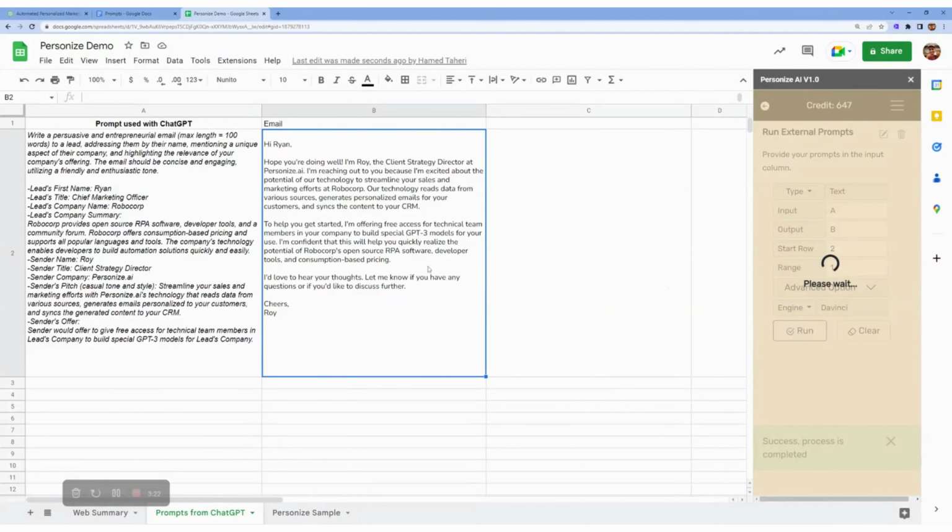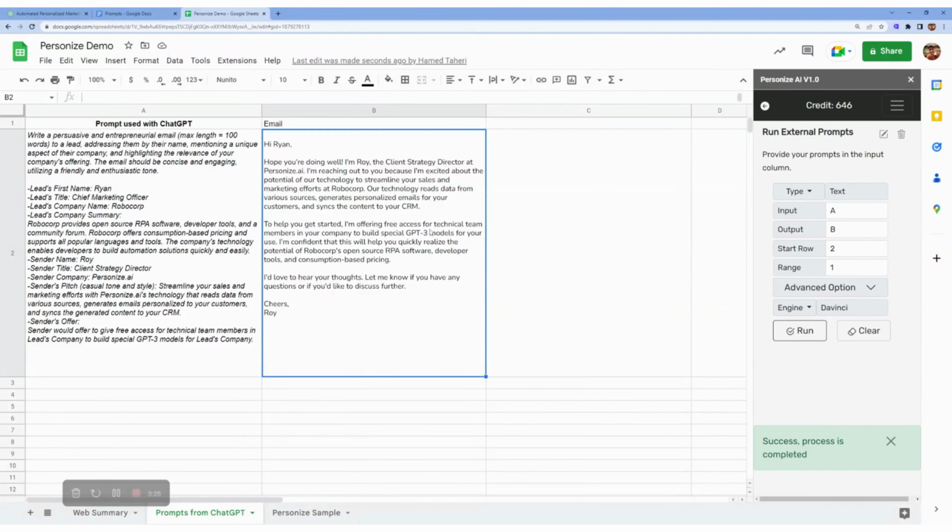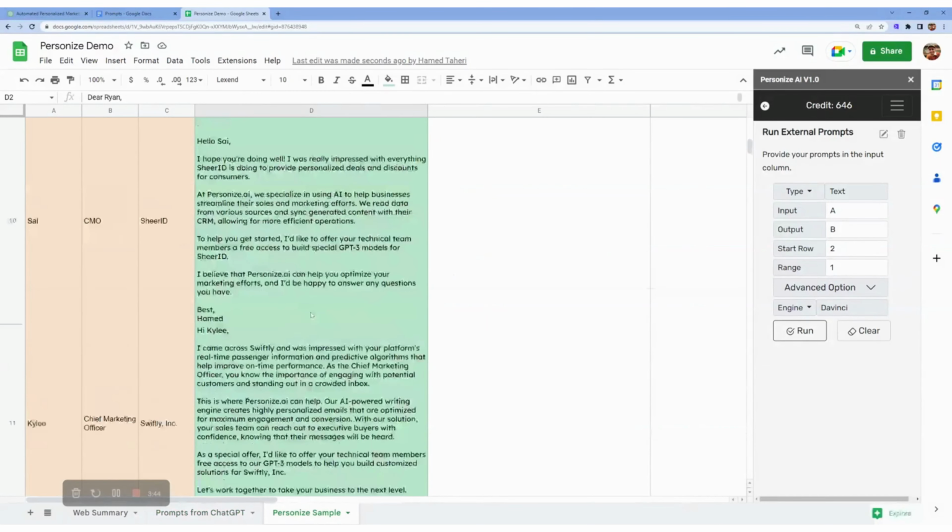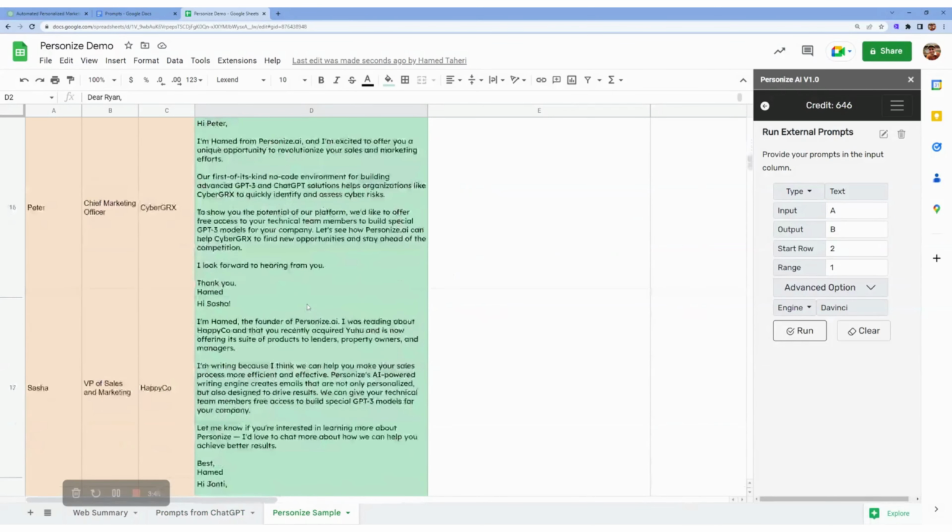So as you can see, the email is right away here. It talks about our technology, talks about their RPA software, developer tools, and consumption-based pricing they have, and so on and so forth. So the email is fully personalized to that person, and I have it ready to go. And if I go to another tab, you see that I've done this for thousands, or here I just have a couple of hundreds, but the idea is once you have the prompt optimized, you choose the initial input and output, you run it on thousands of leads, and you just let it run on its own on autopilot, and when you come back, all emails are generated and ready for you to review,